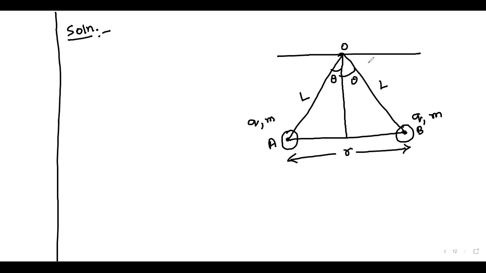Okay, fine. Now I will draw the free body diagram. At the center of the first particle and the second particle, weight will act vertically downwards. Let us consider this point as E. Towards the point O, we have a tension T from the point A, and from the point B we also have a tension T.